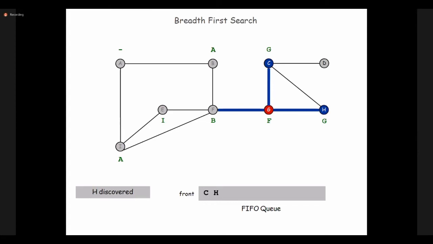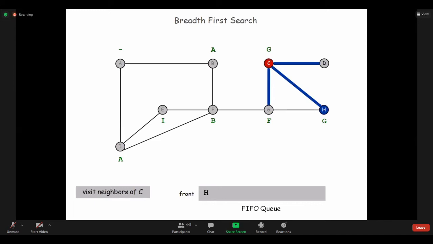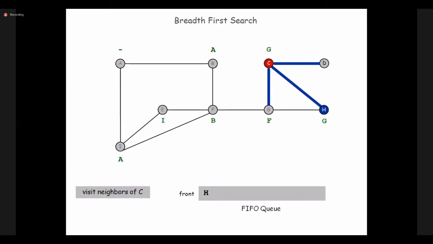What are the adjacent vertices for C? It is D, H. B is not there, ma. For C to B there is no connection, right? No connection, na? So for C it is only D and H. H is already visited, no? Only D I will write. Then the next vertex is H.